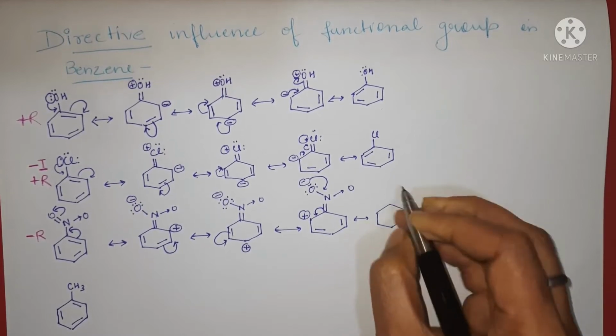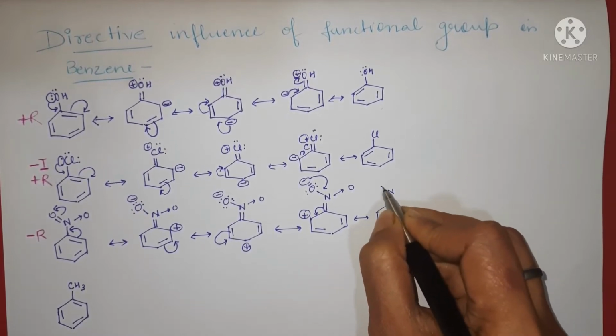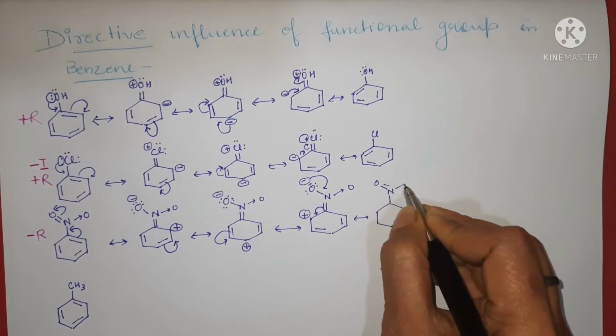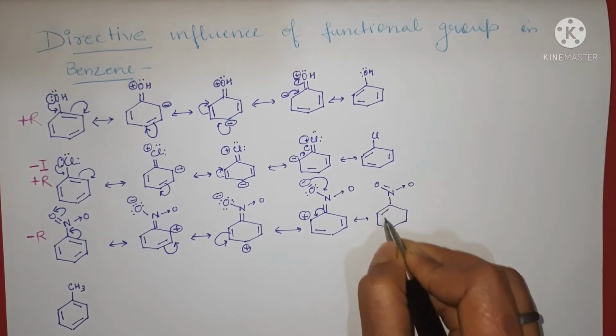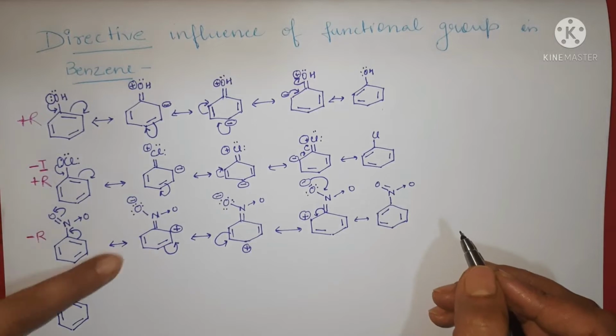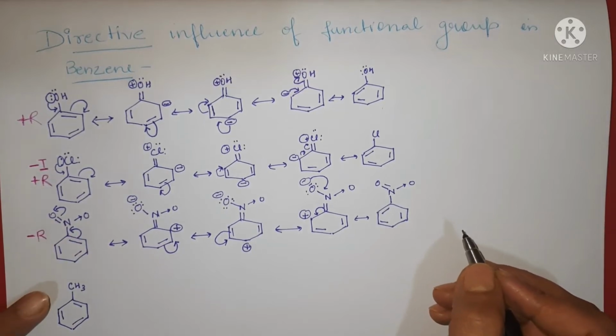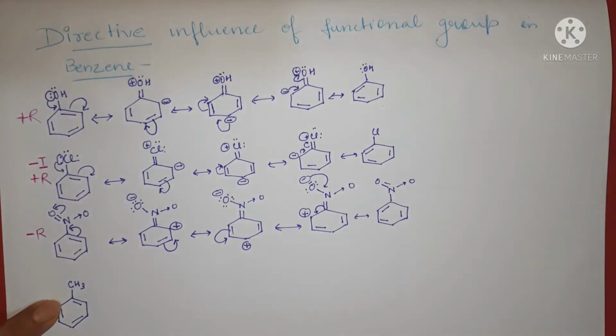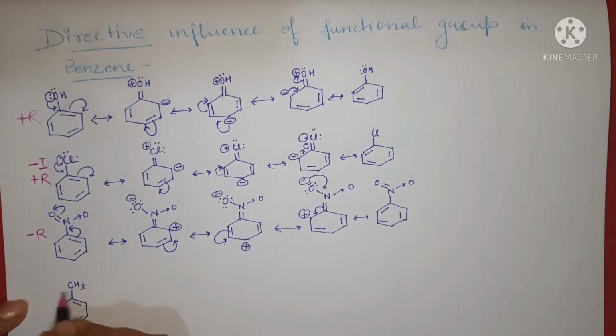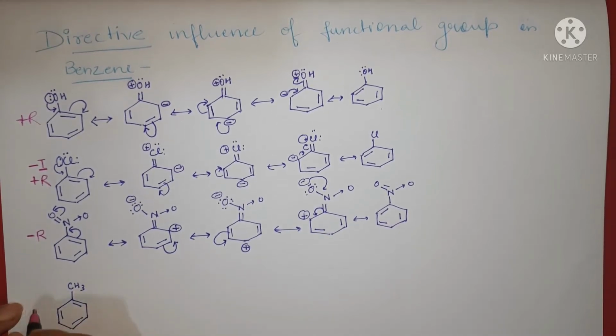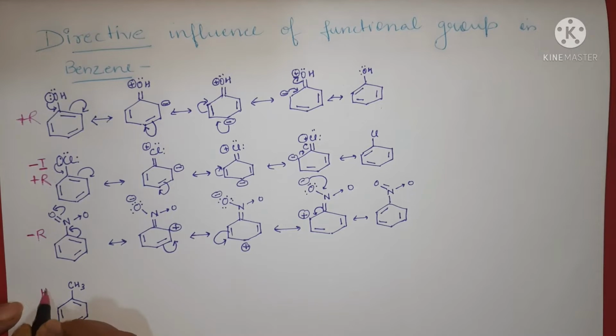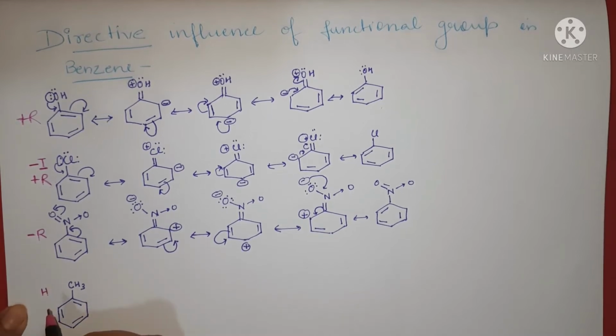We are going to have our structure with 3 double bonds. This nitro group shows minus R effect. Now in this particular group, this CH3 shows a hyperconjugation. Okay, hyperconjugation,